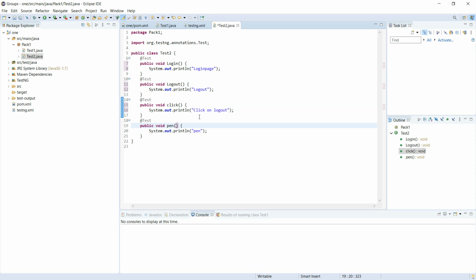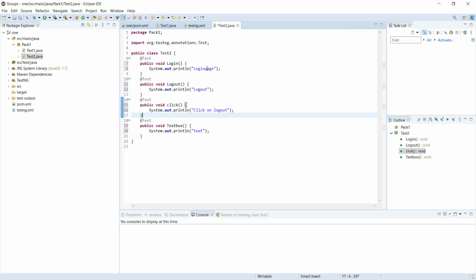And here I'm giving a text box. Text. So in test 1 these are the methods present, and in test 2 these are the methods present.